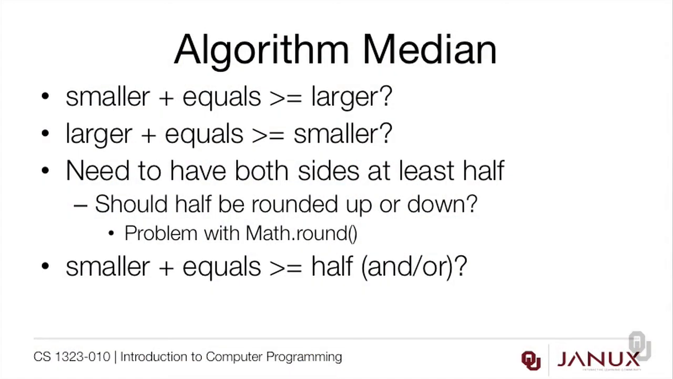We know that smaller plus equals is going to have to be greater than or equal to half, and larger plus equals is going to have to be greater than or equal to half. Now, should this be an and or an or? Do we want one of these conditions to be true or do we want both of them to be true? Well, that's clearly going to have to be an and. So we've got a lot of little details to worry about when we're implementing this one, but at least now